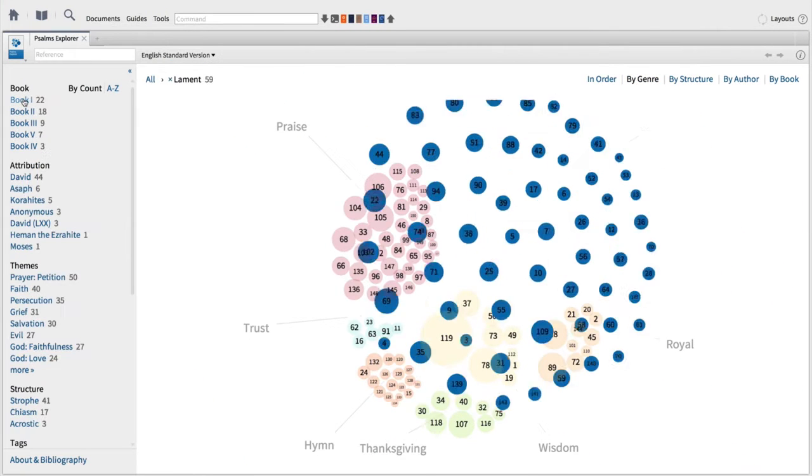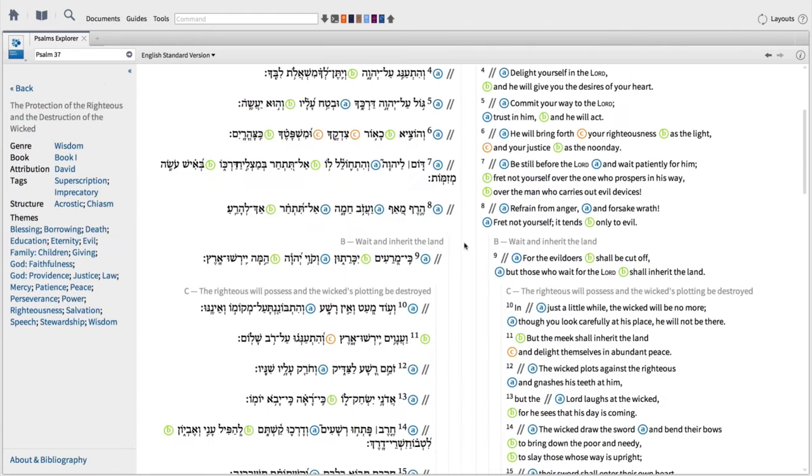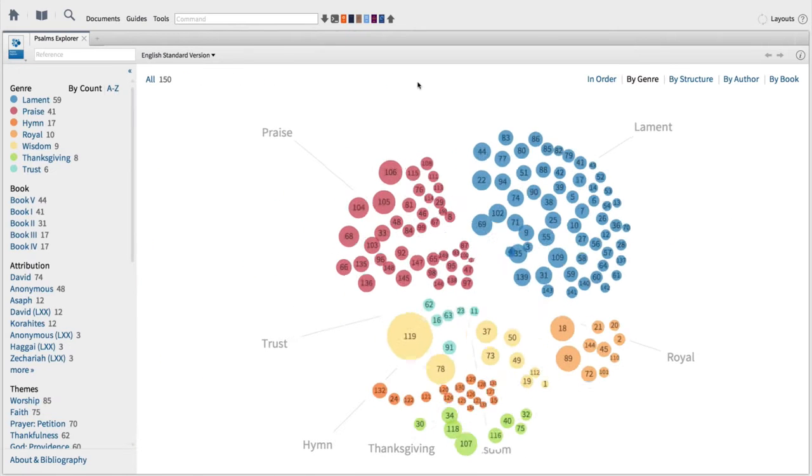In this video, I'll show you how to browse and sort the Psalms with the Psalms Explorer, then how to expose the structure of the Hebrew poetry and find certain types of parallel lines. You can access the Psalms Explorer by going to the Tools menu and selecting Psalms Explorer from the list of